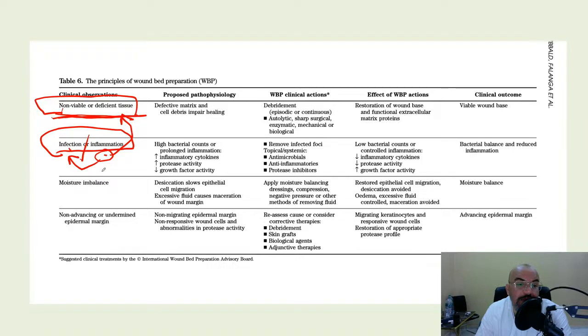Number 3 is moisture balance: the strategies for wound care should ensure there is a balance in moisture that will not allow maceration and saturation of the enzymes in the wounds, so that it leads to the epidermal margin or migration of